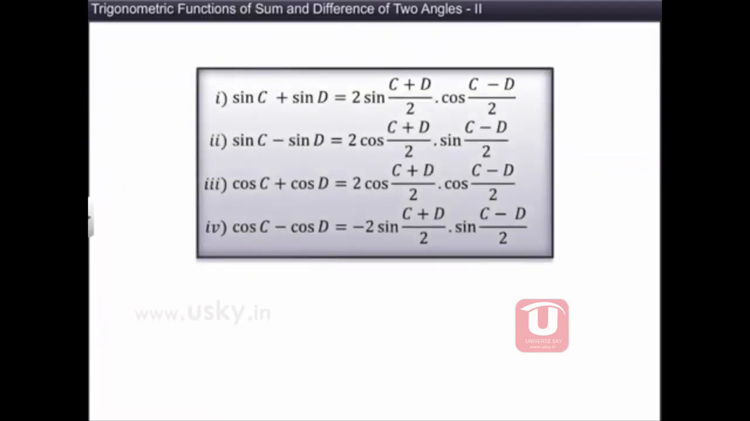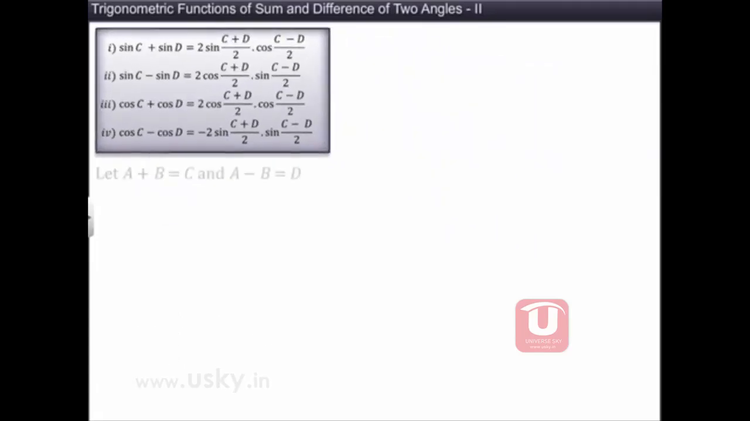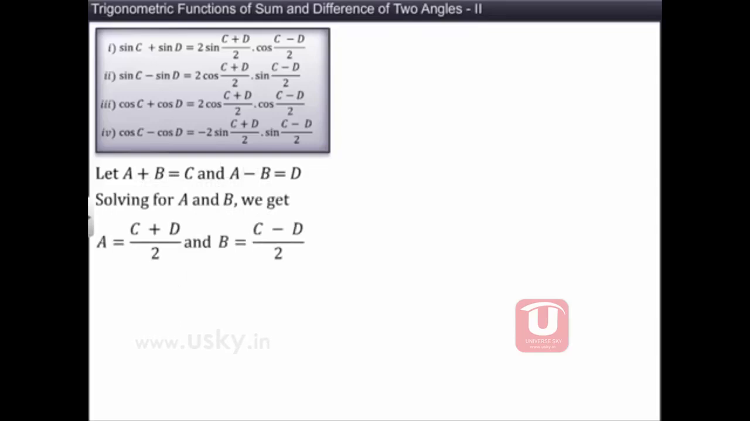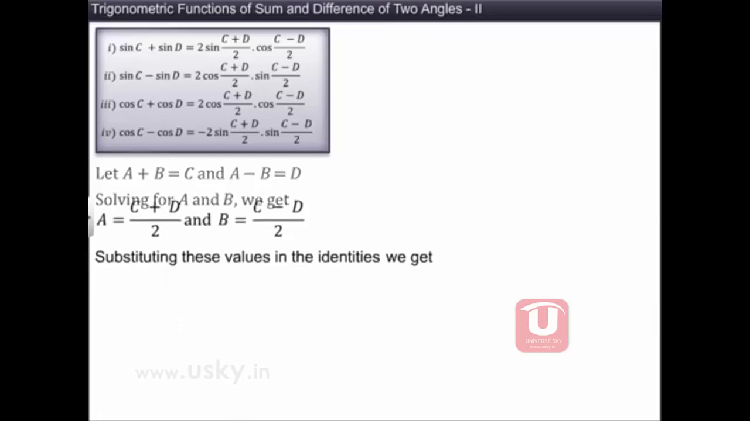Let us now prove few more formulae. Let us assume that A plus B is equal to C and A minus B is equal to D. On solving for A and B, we get A is equal to C plus D by 2 and B is equal to C minus D by 2. Now, substituting these values in the identities, we get